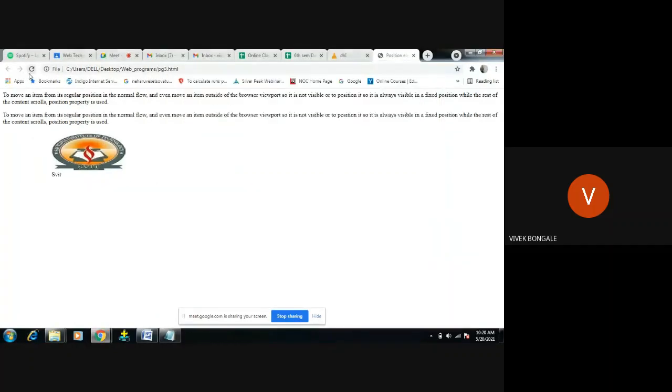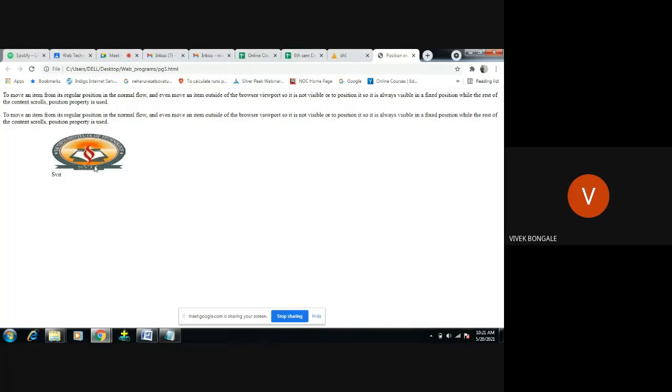Save. See, the image position has been changed here. Along with the image position, the other element position also changed. What is it indicating here? If you use the absolute attribute in the position, the normal flow will not be preserved for the image. First the normal flow was here, then I changed the position.